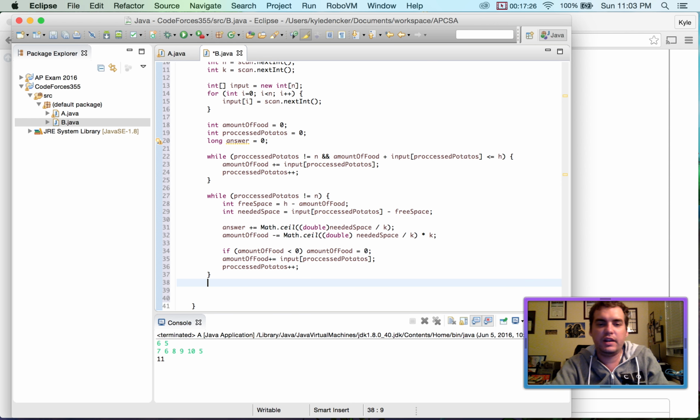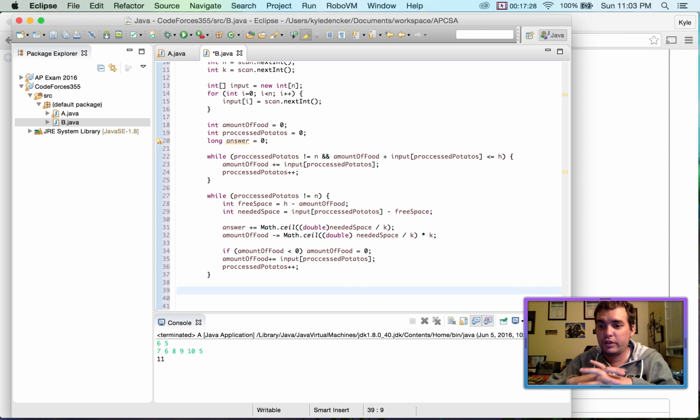The last thing I need to do: once we've processed all of them, they're all in the machine. But we still have stuff in the machine that we still need to process through. So we're no longer going to be doing the while loop. We can make this go faster by just using our division. So we're just going to take this,